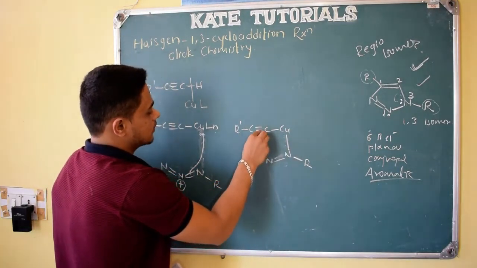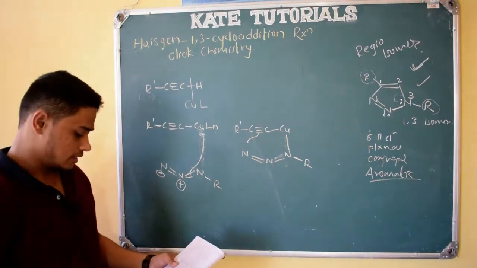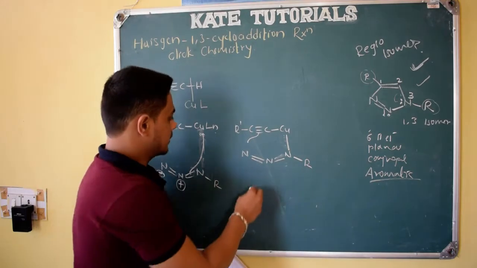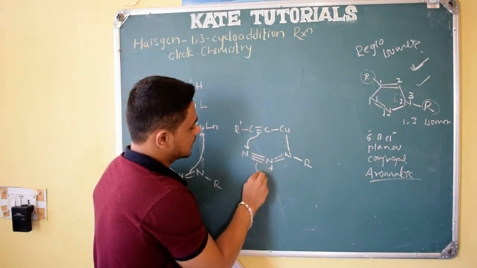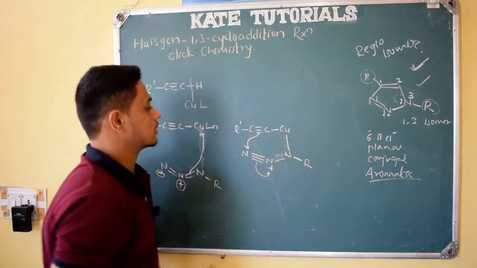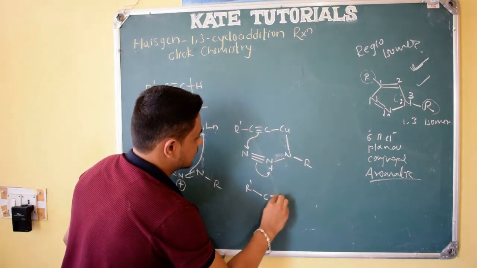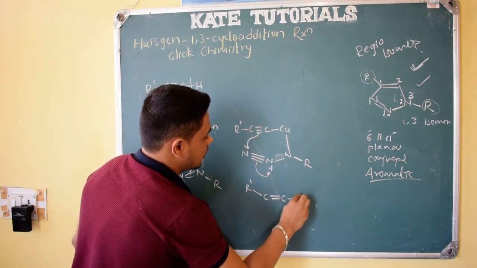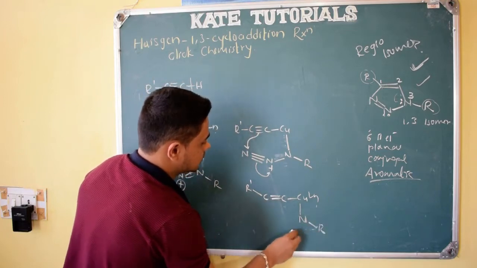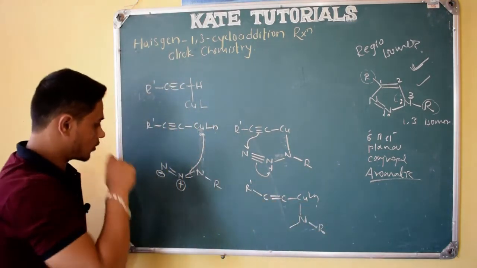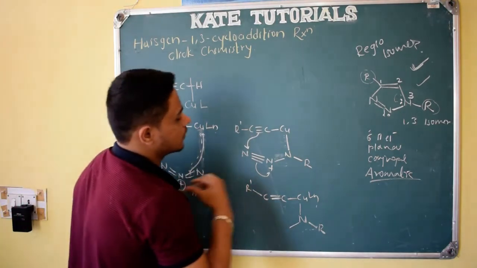And then what happens, it will give its electron density like this, right? So let me show you. Yeah, then it will give its electron density, then this electron density moves onto nitrogen, right? So R dash C double bond C, it has linked to copper with some number of ligands, and copper is linked to the nitrogen. Now it's forming a sigma complex. Initially it will form a pi complex with the pi bond, then it will form a sigma complex.